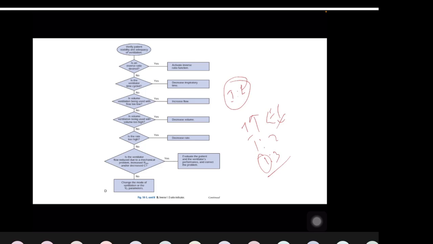So if all these problems have been checked, we also have to assess whether there is an increase in airway resistance or a decrease in compliance. And we also have to check the alarm settings, to see if they are appropriately set or not. Now coming to the apnea alarm. So the apnea alarm particularly